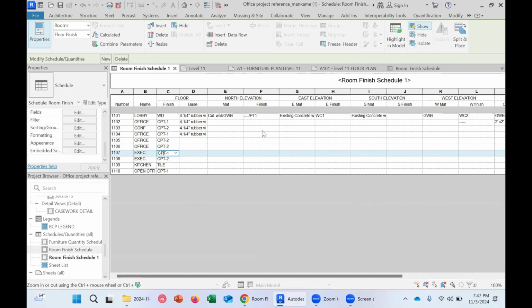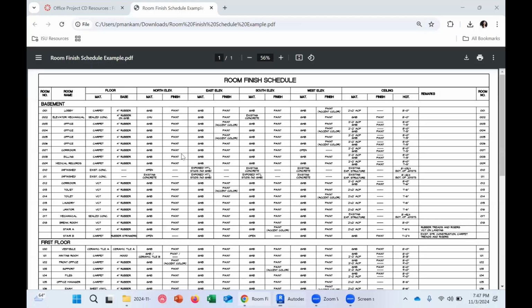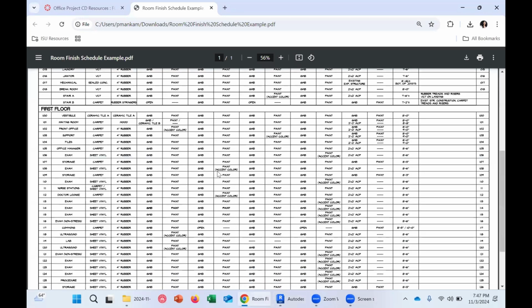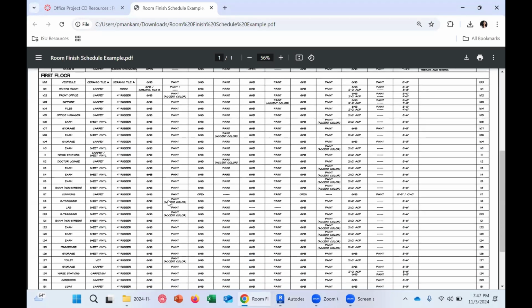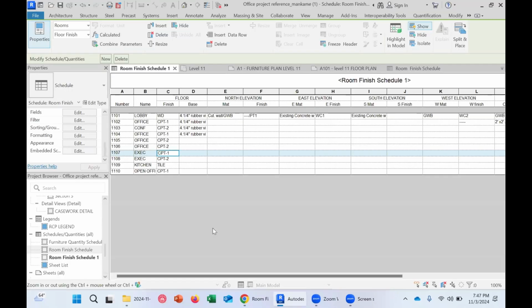If you have an accent paint, you can add accent paint, like see, if you see here, you have accent paint. You don't have to write an accent paint like this. You can just say PT2, and then you can say that's an accent paint once you add it in the legend, right? So you give much more detail in there, but this is the room schedule that you will work on, and Jasmine will help you in the class. So thank